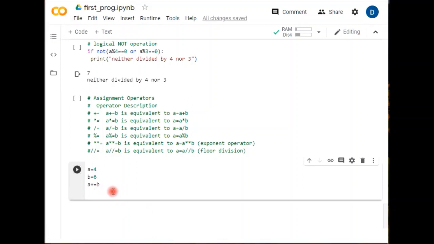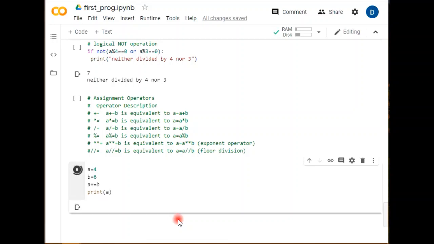So now it has been done, and now printing a. Let's print a and see what the value is now. So a has now become 10, 4 plus 6. Similarly, now you just try all of these assignment operators by choosing your own values. Try it on your own. If you find difficulty, mention it in the comments.